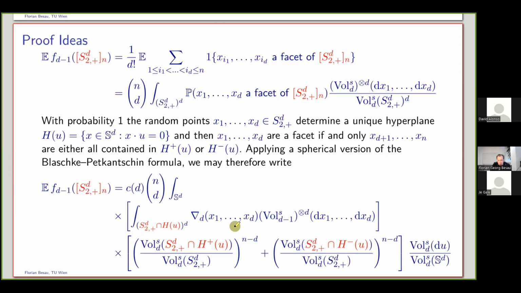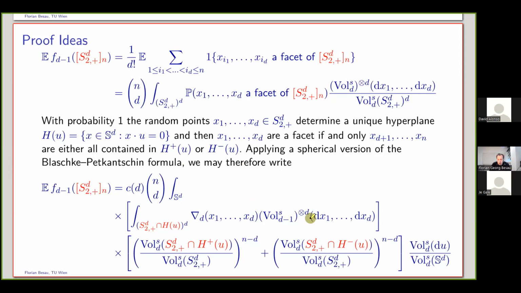When you use this, there is some Jacobian factor entering here, which is this nabla d of x1 to xd, which is essentially related to the volume of the parallelotope spanned by x1 to xd. You can think of it as a sort of determinant of the matrix of x1 to xd. So this is some Jacobian factor. You integrate this over the wedge intersected with the